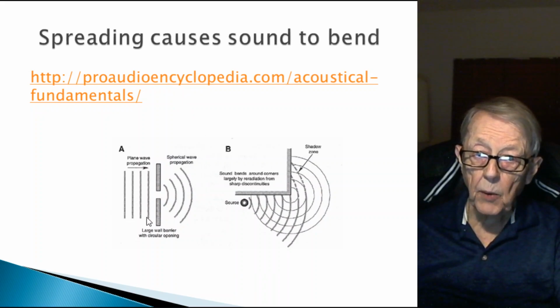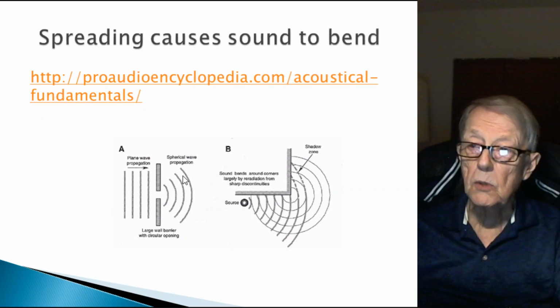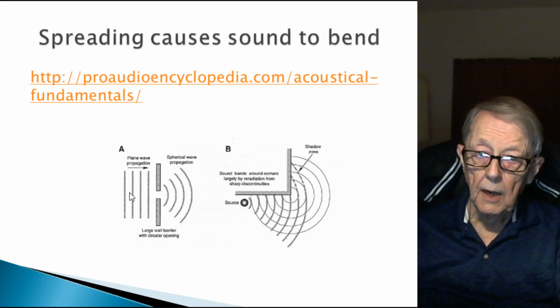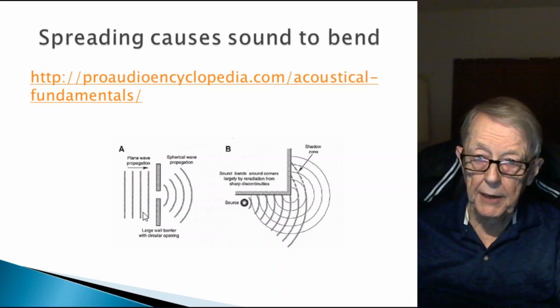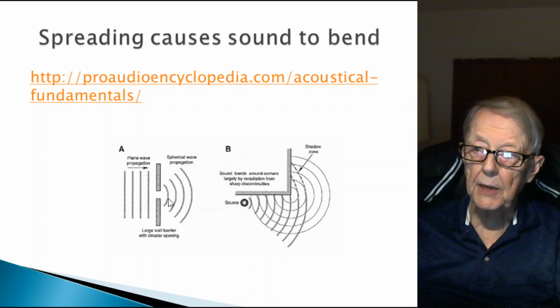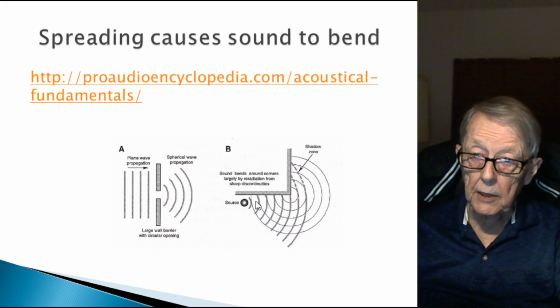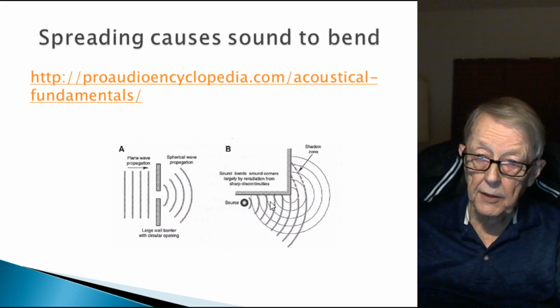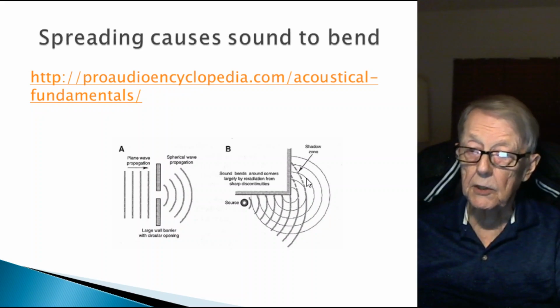A plane sound wave, a straight sound wave, moving to a slit will spread once it goes through the slit, if it was truly straight. If it was curved, it would spread back here as well as spreading out here. And oddly enough, the air molecules in this slit are just going back and forth, back and forth. Kind of curious. We just don't think of it that way. And of course, here's a sound wave at the side of a wall, and it only propagates on this side because the wall blocks it, but when it gets past the wall, the spreading allows it to go in that direction.